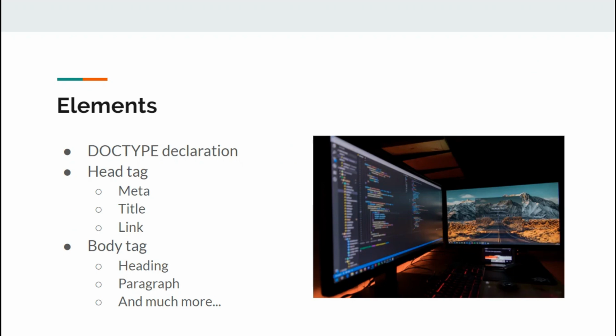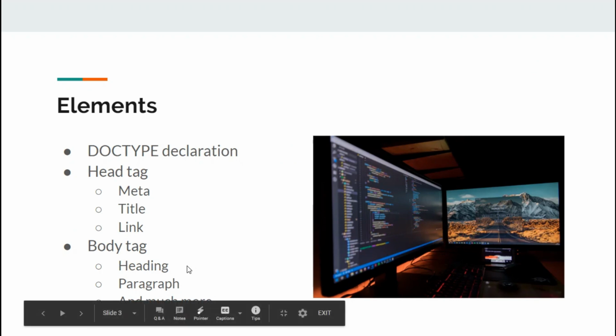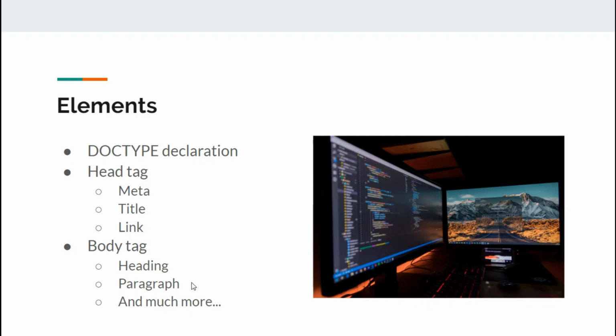The link tag, well, these link tags are used to link the external style sheets or any fonts that you might love to include in your web page. In the body tag, we'll cover various heading types, a paragraph, and well, we are limiting this video till the paragraph itself so that it's not an overdose for you. Alright, let's get started.